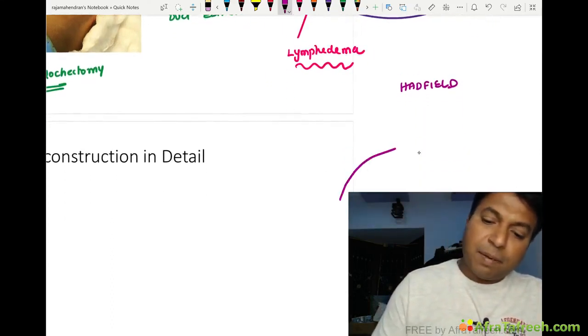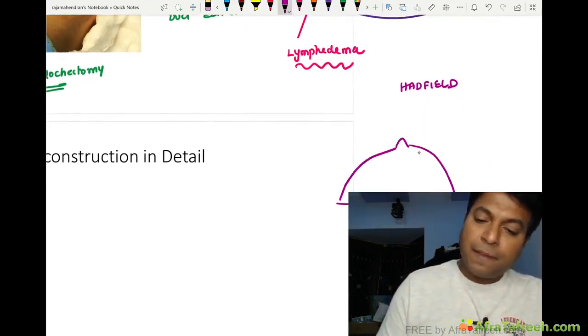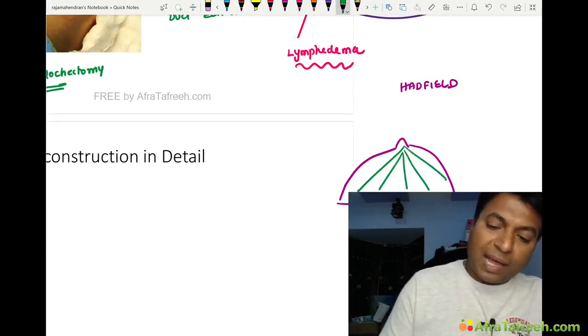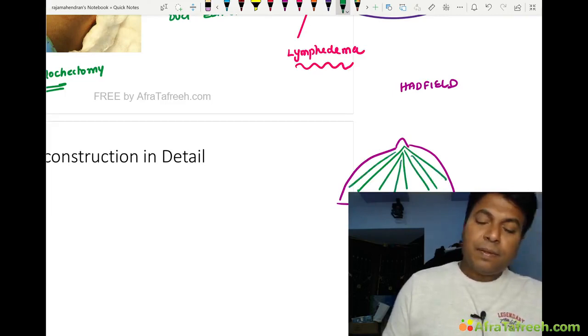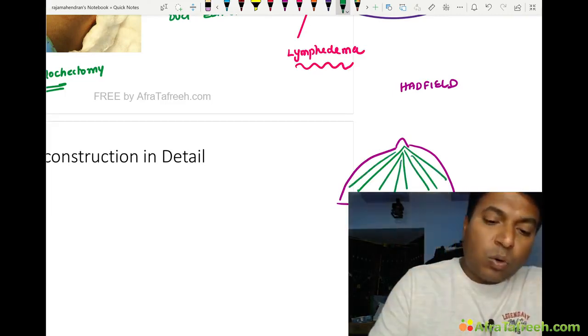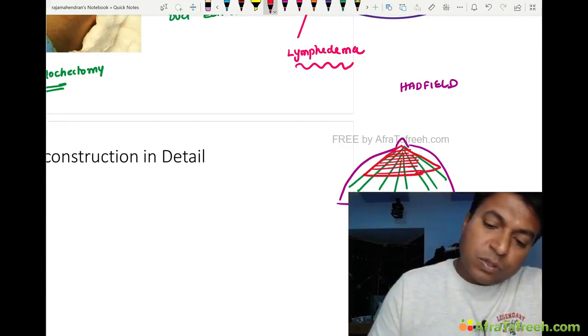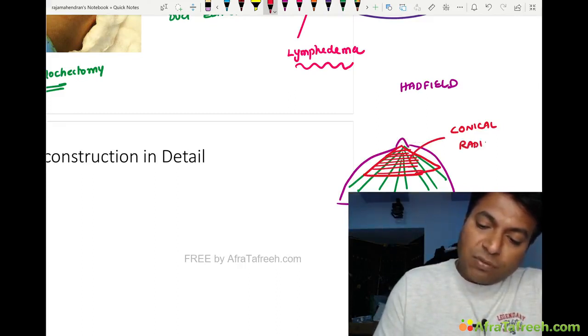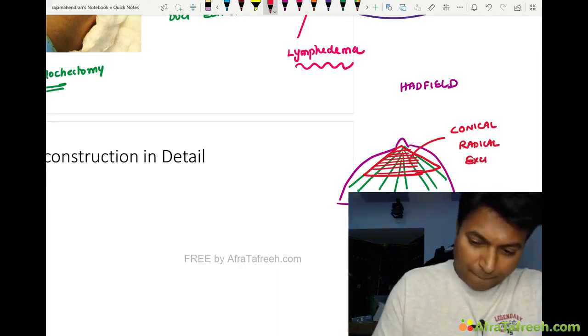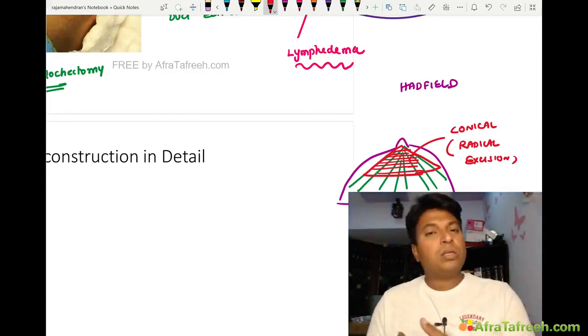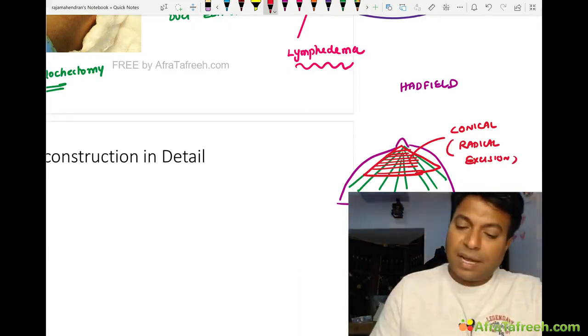Hadfield is, see, this is a breast, nipple. These are the ducts going towards the nipple. I don't have an image of Hadfield's. So what we do is, we will do a conical excision like this of all the ducts. So conically I will do a radical excision of all ducts. Hereafter this patient cannot give breast milk at all through that breast. So this is done for